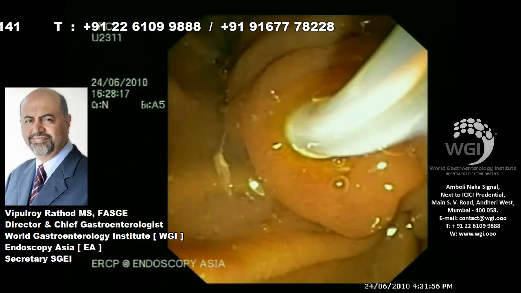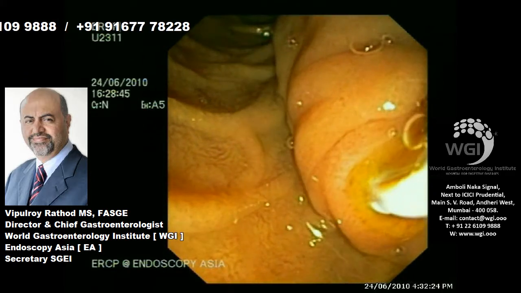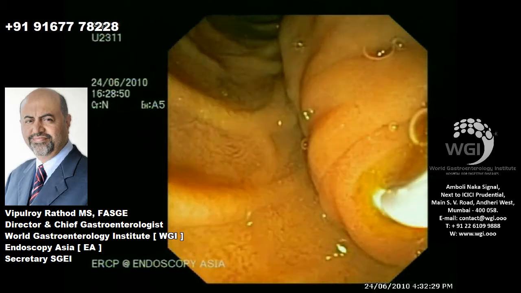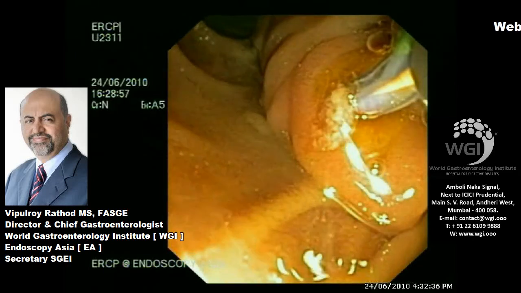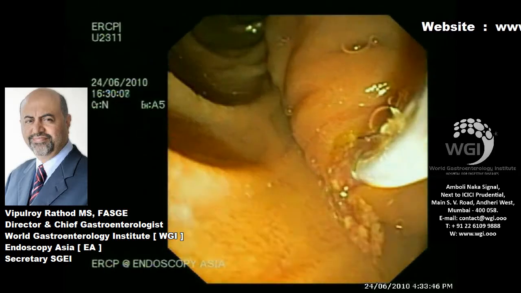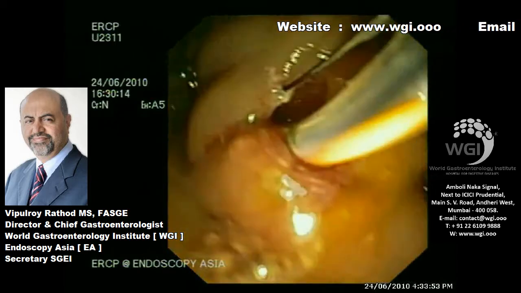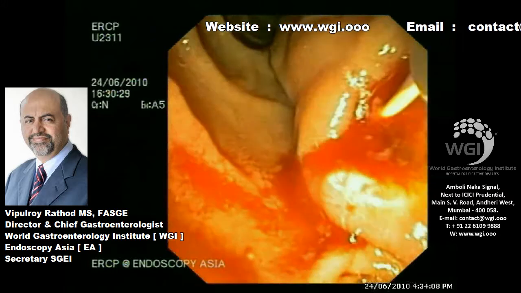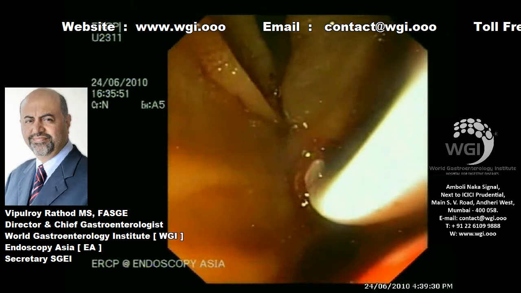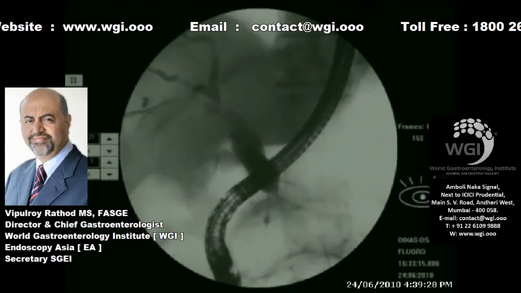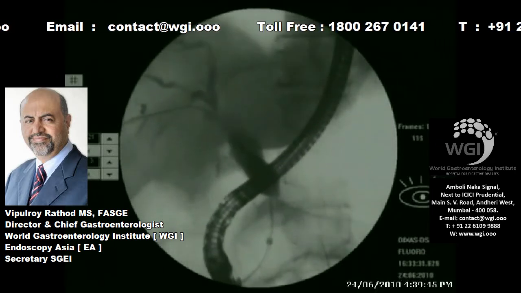Once we exchange the guide wire, we prefer to make a biliary sphincterotomy adequate enough for our subsequent interventions. We all know that deeply icteric patients have deranged INR, and therefore we limit our sphincterotomy to a certain extent only to facilitate subsequent intervention. We do not require a biliary sphincterotomy the way we do in stone disease, because here we only need to pass certain devices. Now here we are dilating the stricture with a 10 French biliary dilator, you can see,